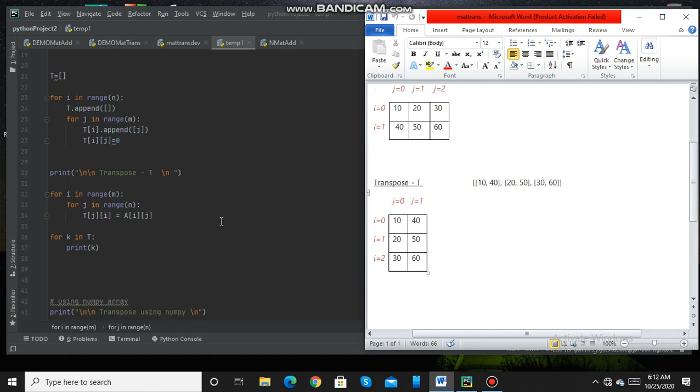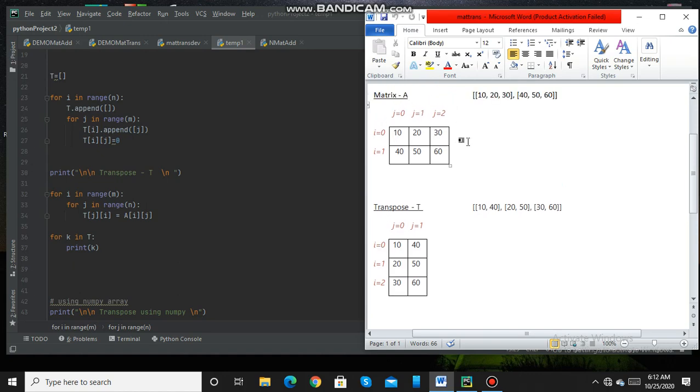Then after that, here in this for loop, we are switching the columns of the transpose matrix, that is these columns, with the rows of the original matrix A. So that is happening here. Tji is equal to Aij means initially the value of I is 0. So 0, 0, then 0, 1 and 0, 2. That is this 0th row. 0, 0, 0, 1 and 0, 2, which are having values elements 10, 20 and 30.